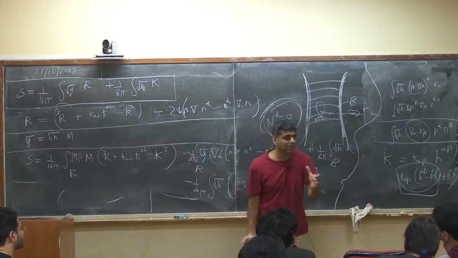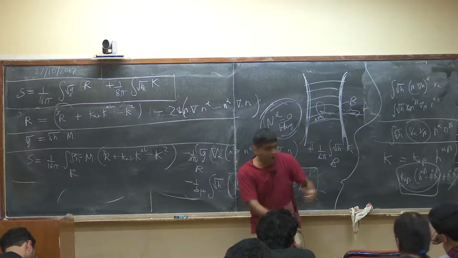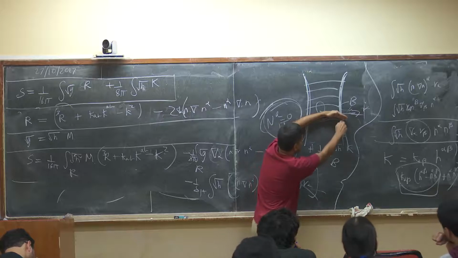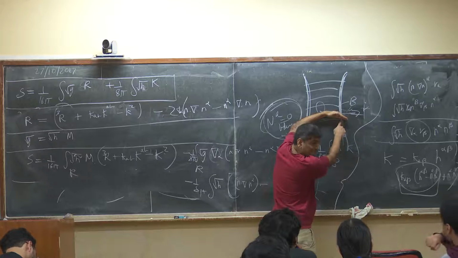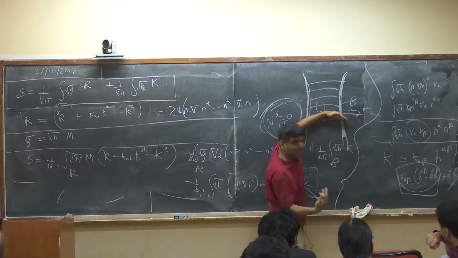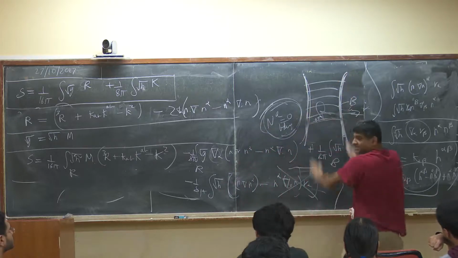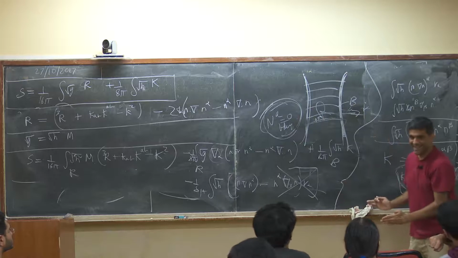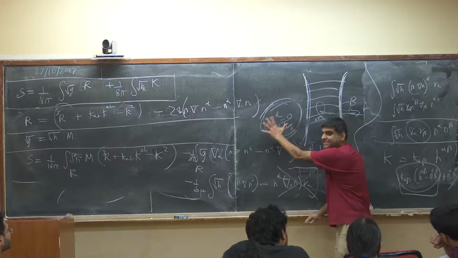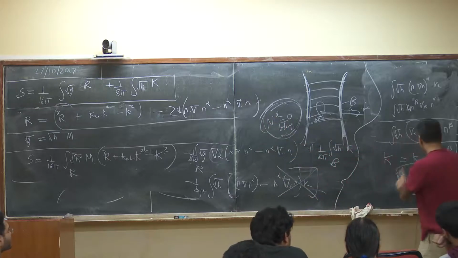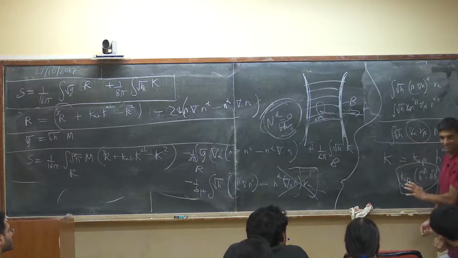The separate geometrical problem is to compute the trace of the extrinsic curvature of this geometry, regarded as the boundary of this. Now this extrinsic curvature is a 2 cross 2 dimensional matrix. This extrinsic curvature was a 3 cross 3 dimensional matrix. At least intuitively, modulo one thing I have to check. Then to get to the 2 cross 2 from the 3 cross 3, what we want to do